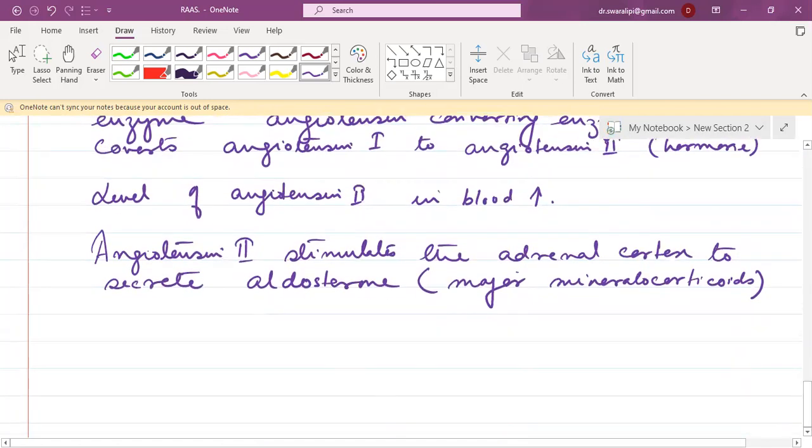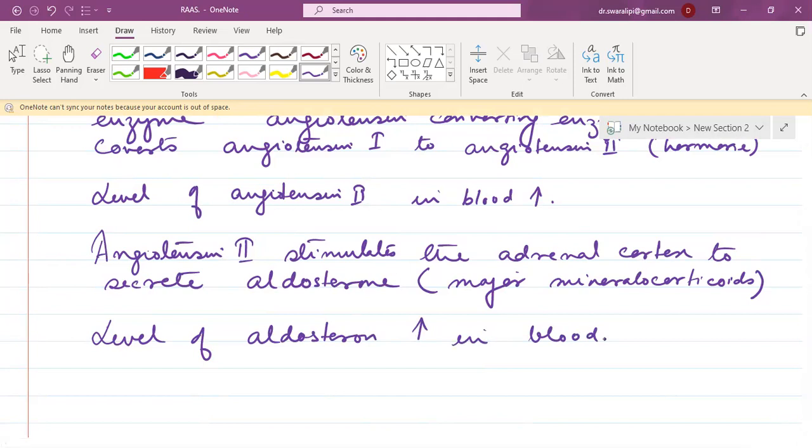So next, what is happening? This aldosterone which is produced, what does it do? Definitely in the blood now, the level of aldosterone is increasing. Agree? The level of aldosterone is gradually increasing in blood. Now this increasing level of aldosterone is circulating also to the kidney.